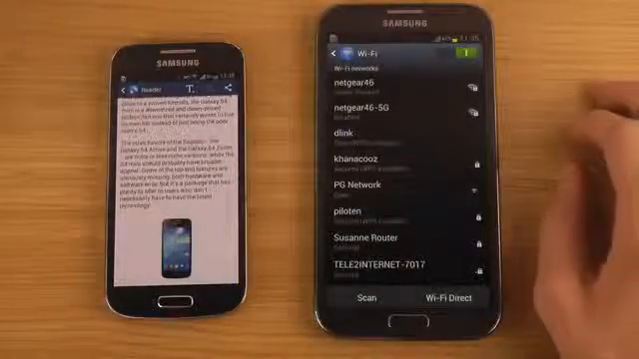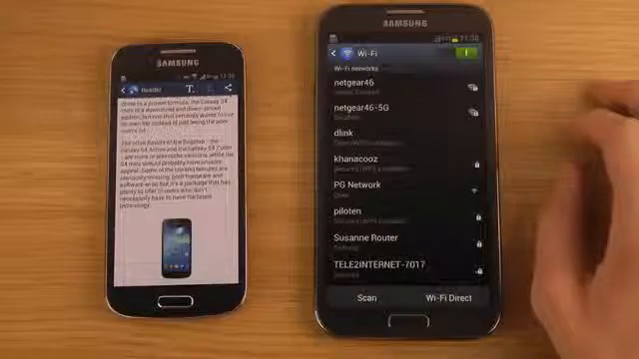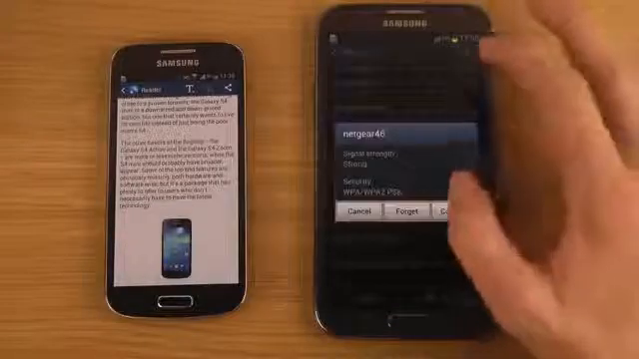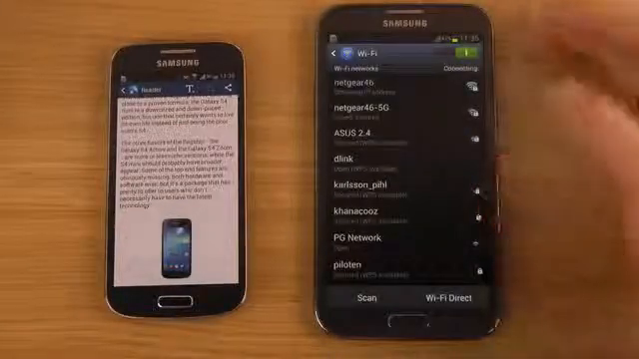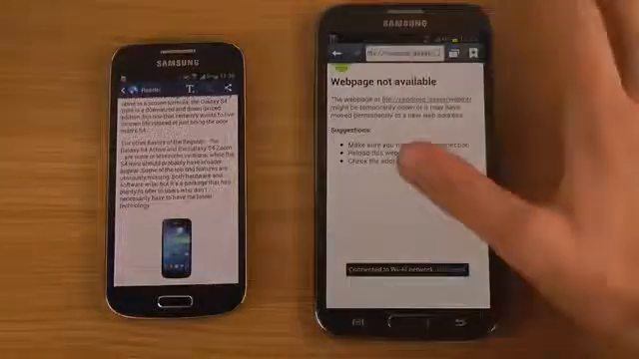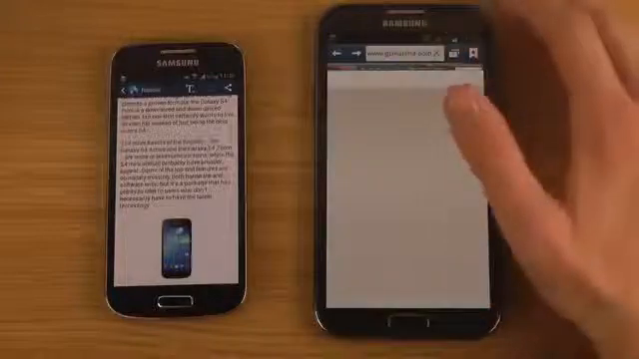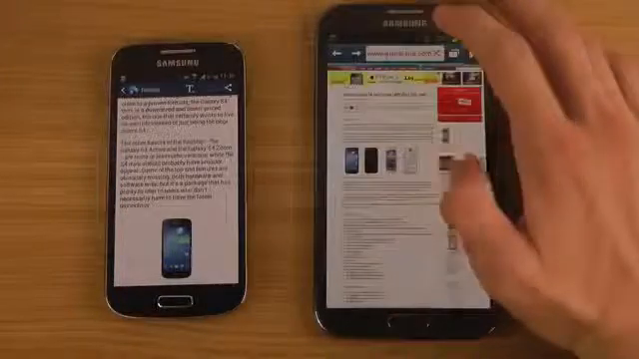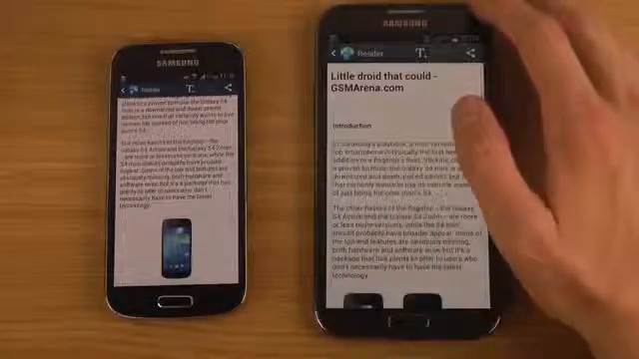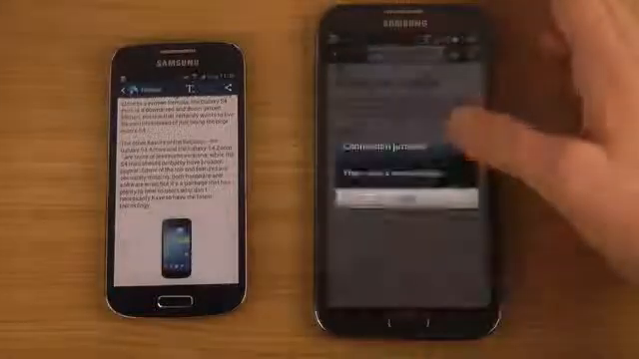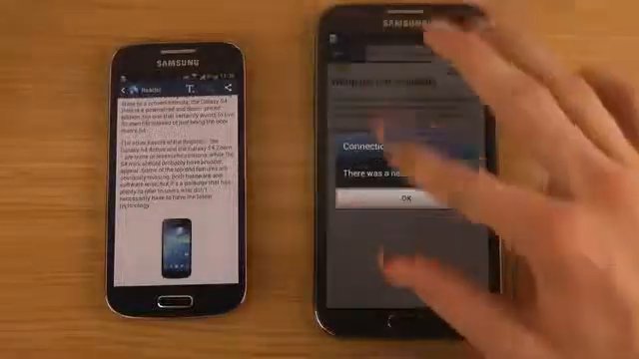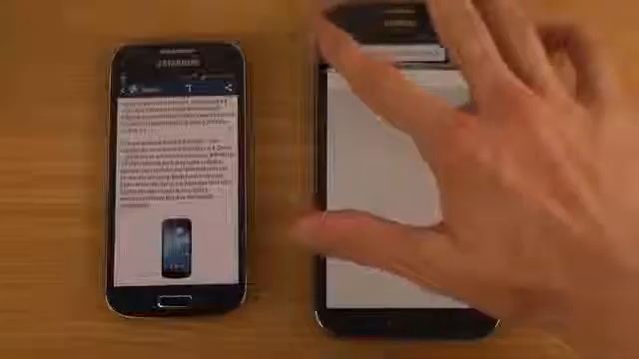Let's see here if we can connect. They might have updated some other things, some internal things inside of the S4 Mini. There you go. Oh my god. Okay, that's annoying. Okay, so we can't check it out on the Note 2 because for some reason it doesn't want to work on the Note 2,